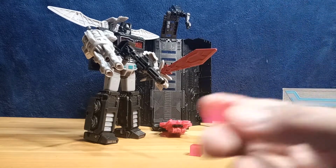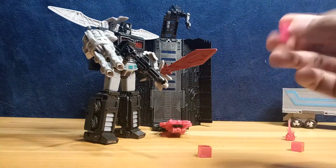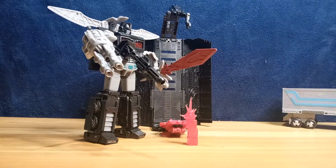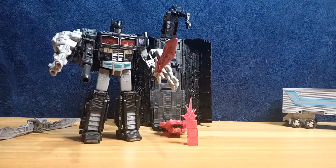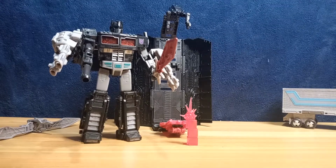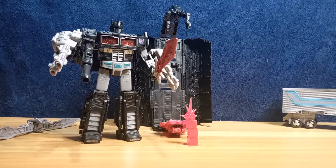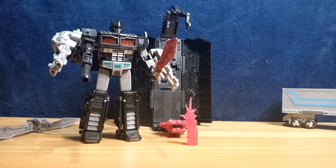Actually, if I were a kid, I would eat this because it looks like candy. It looks and feels like candy. So keep this out of your kids' mouths, as they really look like they're candy. This one as well, made of the same plastic actually. So let's take a look at the figure itself. I mean, the accessories are fun and all, but let's take a look at Nemesis Prime himself and compare him with the Siege Optimus Prime,